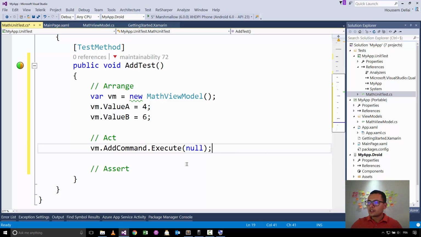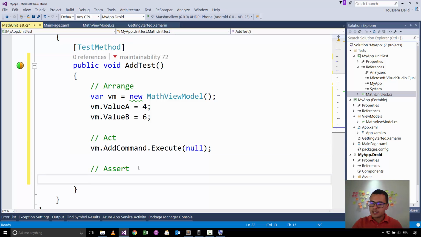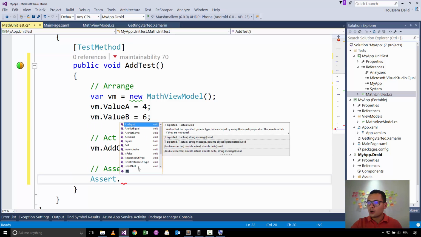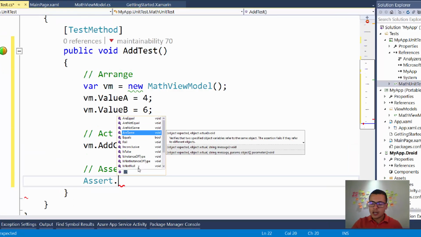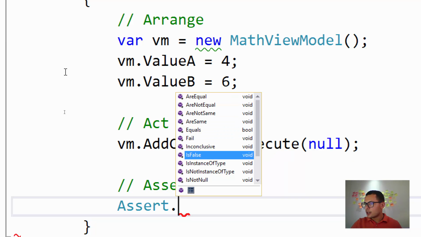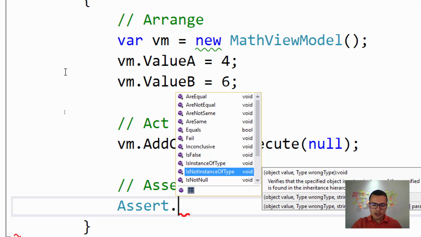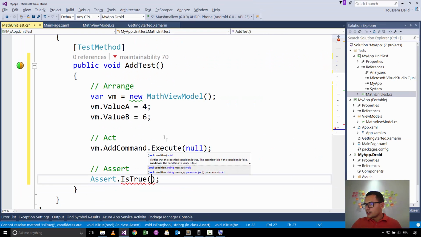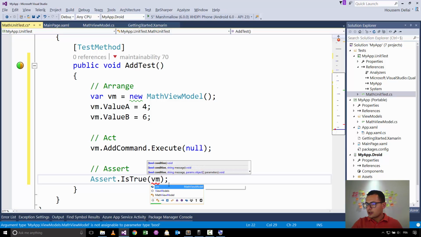After executing the add command, we'll go to the assert phase here, and inside the assert we always call the assert object, and inside the assert object we have some methods that we can use to test our operations, and here I'll go and use is true. Here is true has too many overloads. The one I'll use is the one that accepts a condition and a message. So the condition will be that our